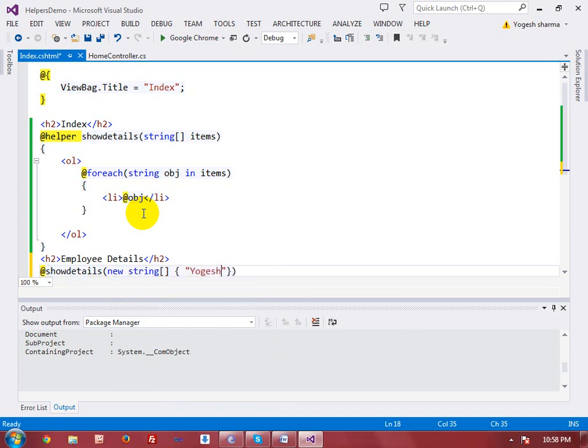the first one is Yogesh, the second one is John, and the third one is Mass. Okay,